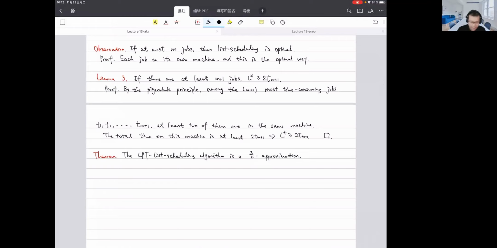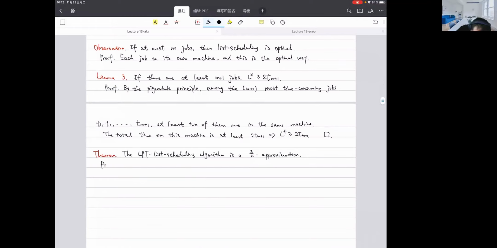Okay, so let's do the proof here. We are going to follow a similar strategy to the two-approximation proof due to Graham. We follow the same pattern, but we want to use something like lemma 3 here. There is a factor of 2 here, and this is the specific place where we are going to make the improvement upon the original two-approximation algorithm. So we say, similar to the above proof,